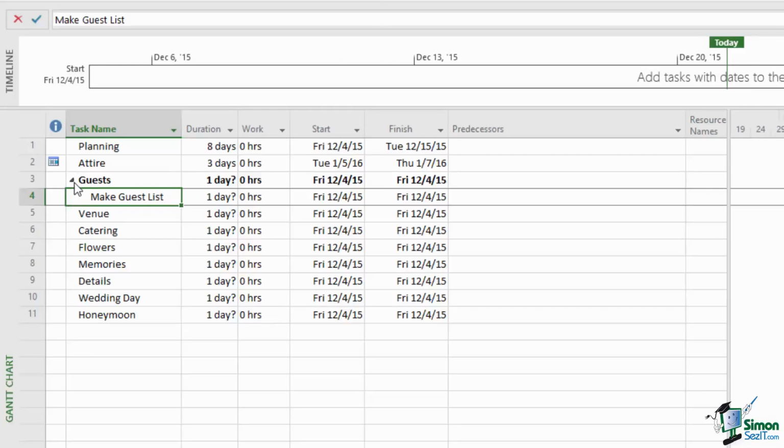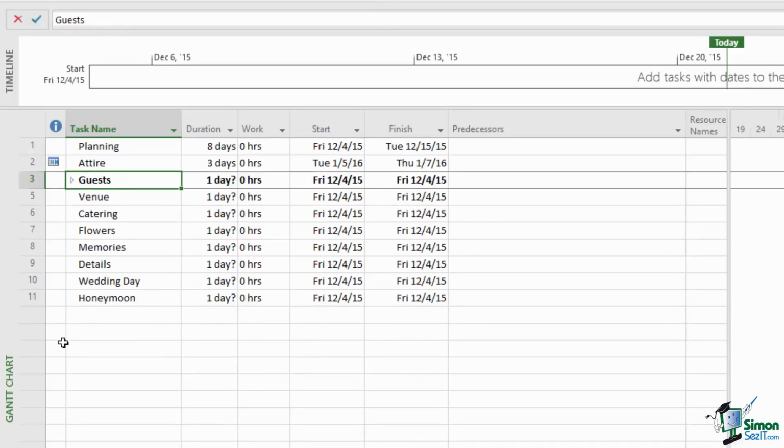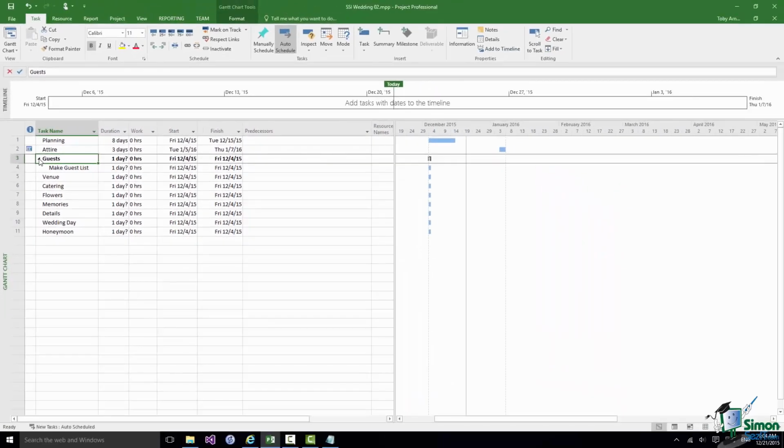If I click on the wedge now, I only see the summary task, guests. In order to see the subtasks, in this case there is only one subtask, and that is Make Guest List, I use the wedge, so I expand and collapse with that wedge.